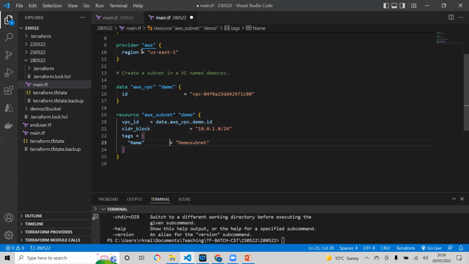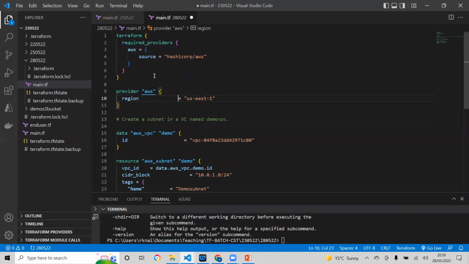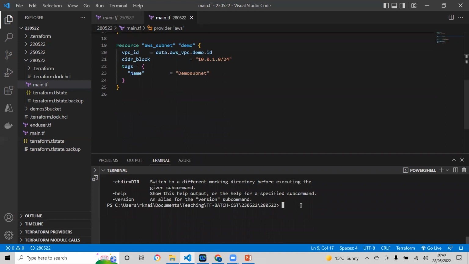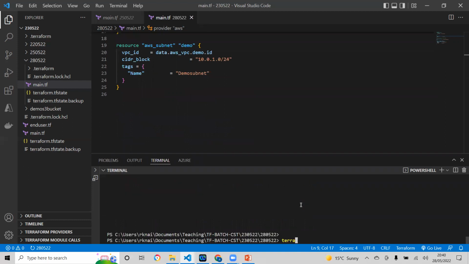Okay, not looking very neat, right? It means not looking in a proper way. Whoever has written it, it's not in a proper readable format. The arguments are not spaced properly and all. So what we can do is use the Terraform